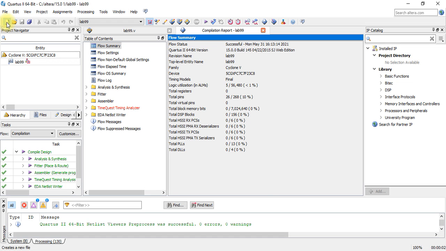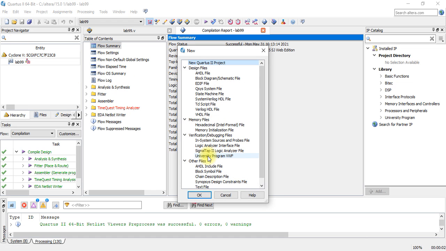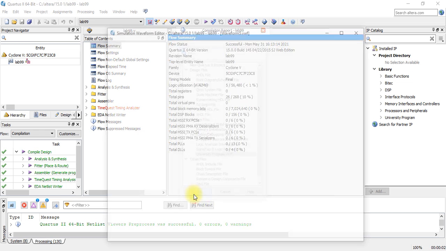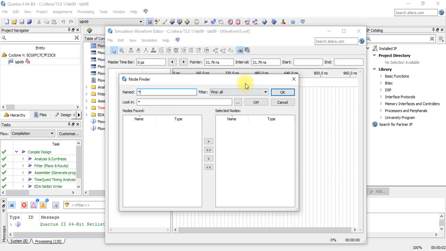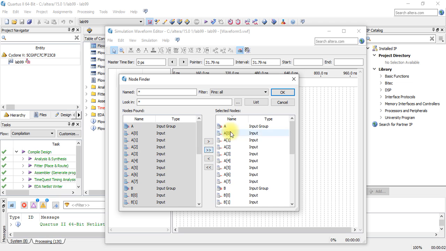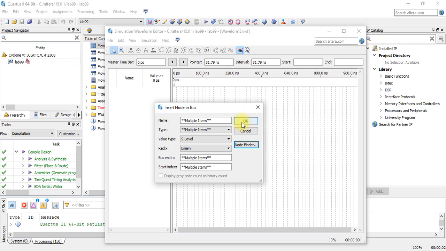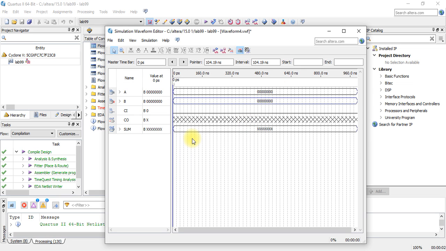As you can see, we are going to apply it by using the University program and inserting the nodes with the help of node finder, list and list them, and then press OK. So here are the nodes. As you can see, we have three inputs and two outputs.